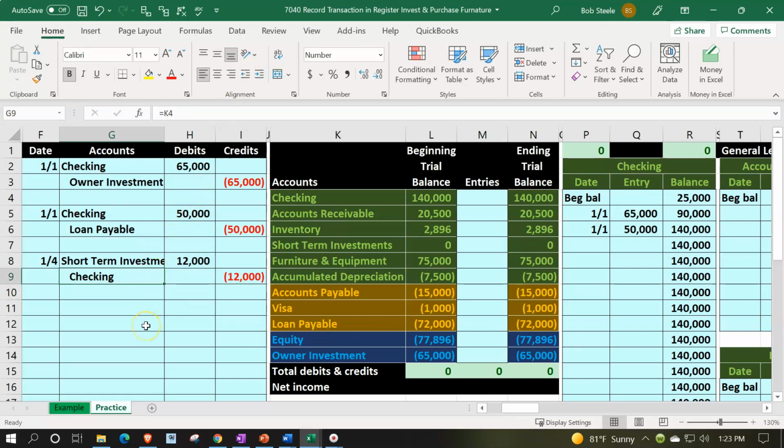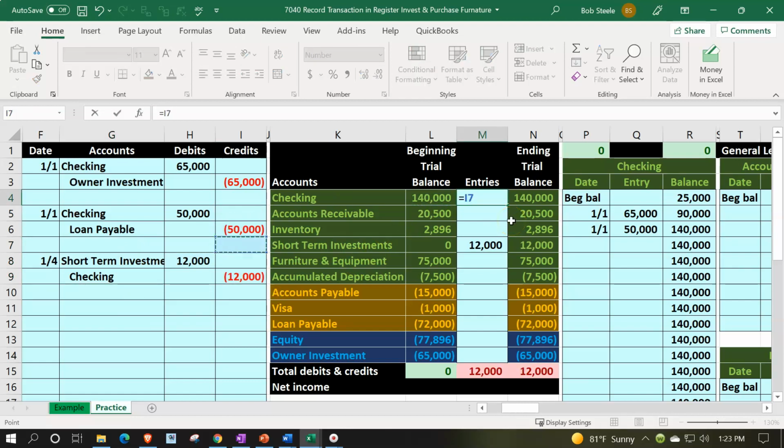Let's take a look at what that would look like in our transactions. So we're going to say now short-term investments, of course, going up. We're in M7, which is going to be equal to that 12,000. There we have it, the checking account. Then up top, we'll put our cursor on M4 equals the credit of the 12,000, taking it from 140,000 down in the credit direction. So it's going down because it's a debit balance account. We did the opposite thing to it,